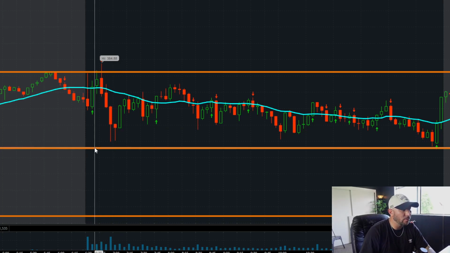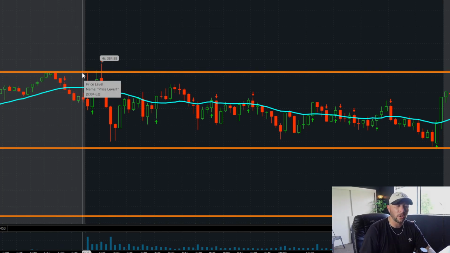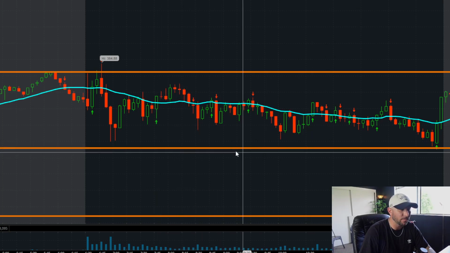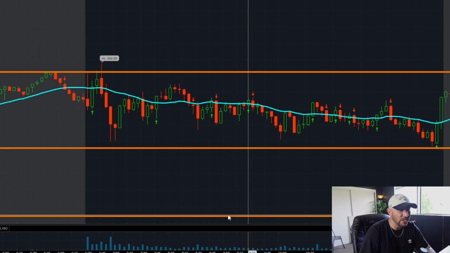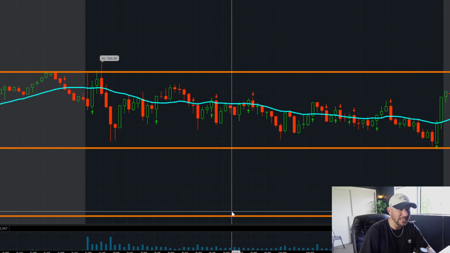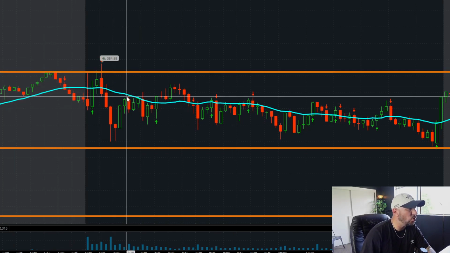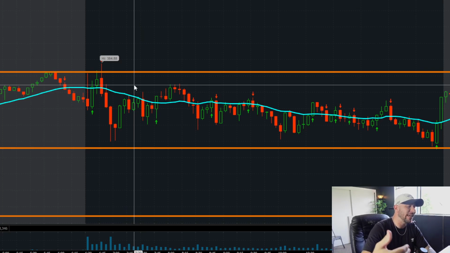Now that we've got the pre-market lows and the previous day's lows and the pre-market highs as well as the previous day's highs all marked out on our charts, we've got a few areas of supply being the top, and a little bit of demand, which is our support here at the pre-market lows. We've also got another demand zone here at the previous day's low. So what I will start doing, looking into the day as we start to get going here,